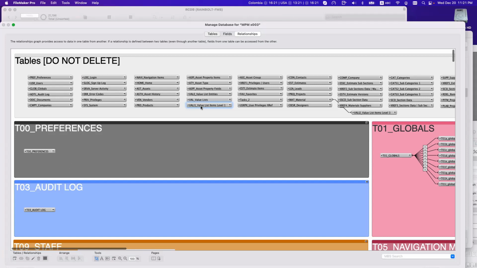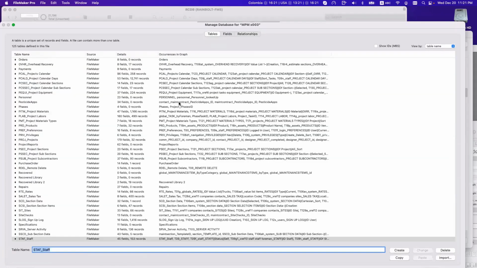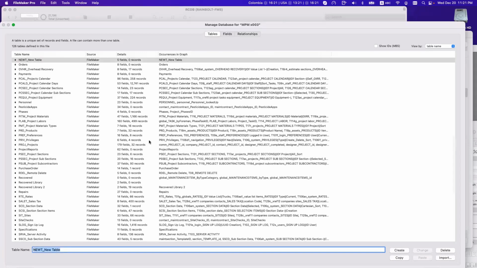And you need to keep that occurrence free. Let's say I'm creating a new table. Okay, I'm creating a table,